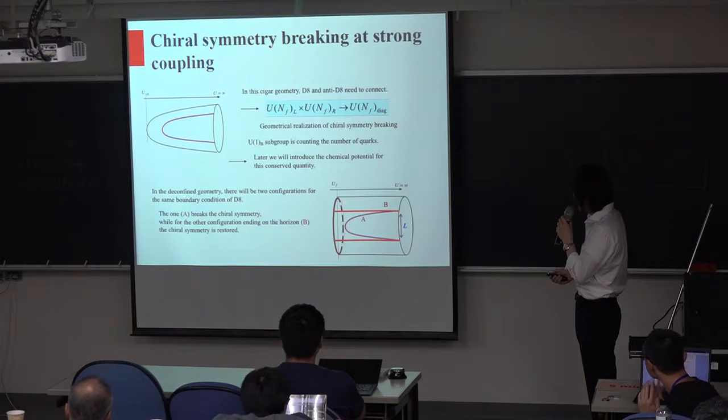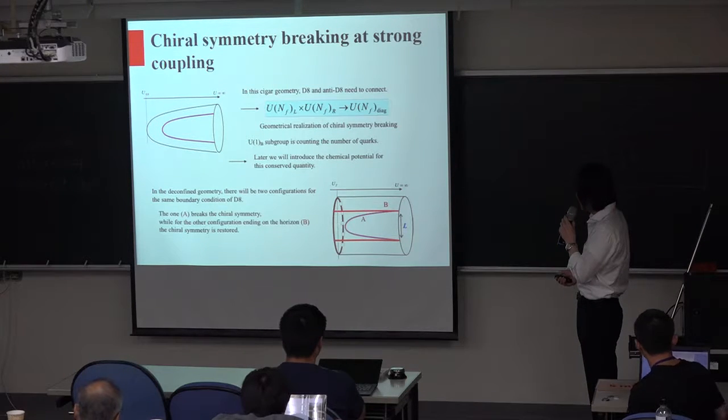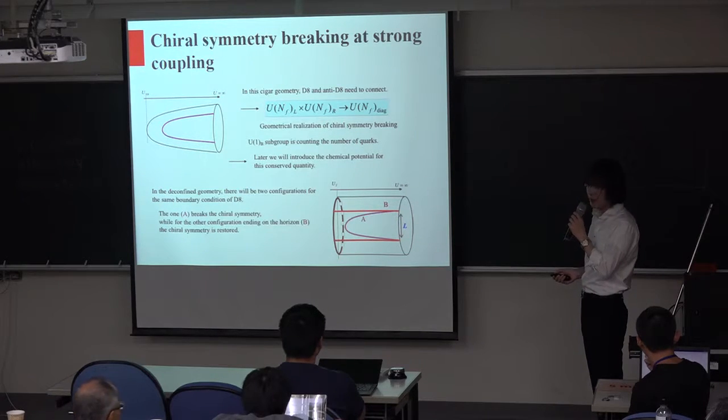But in the deconfined geometry, we could have two possibilities. One is similar to the confined geometry, in which you break the chiral symmetry, while in the other configuration you will have the chiral symmetry restored. So the good thing of this model is that you could see whether the chiral symmetry is broken or not